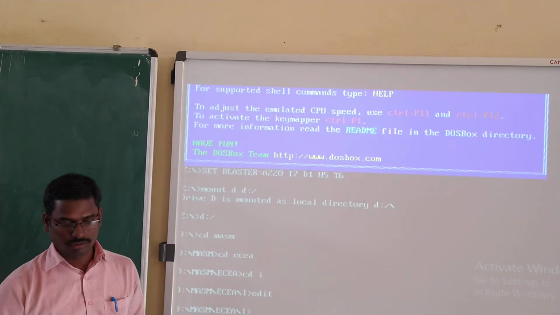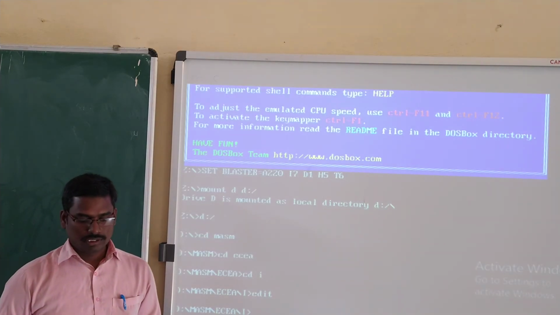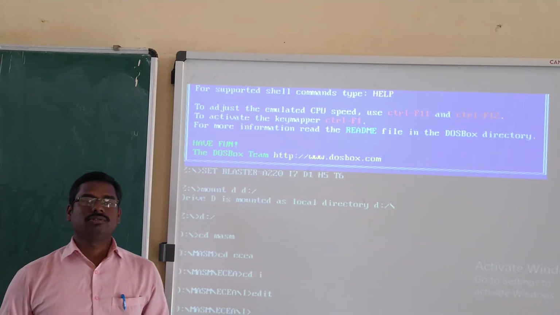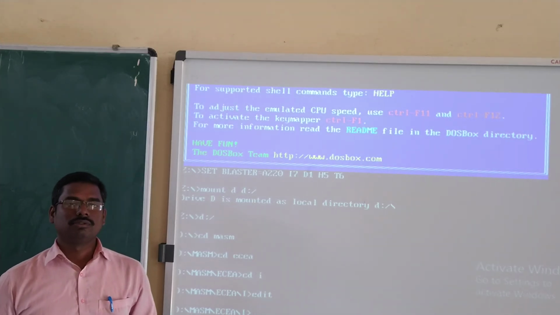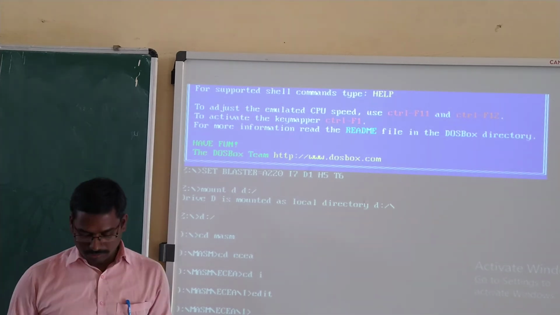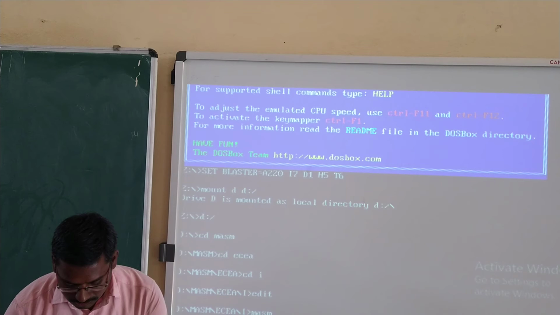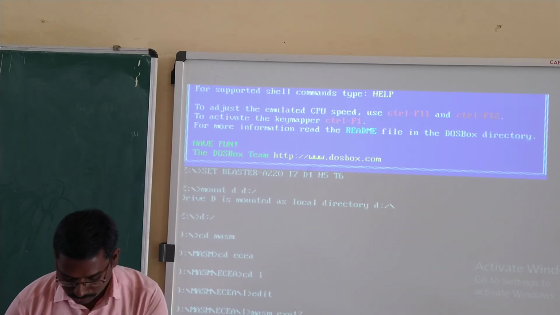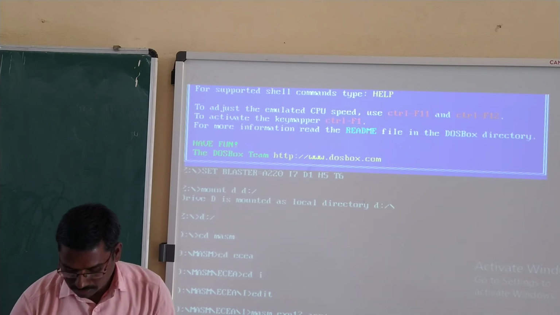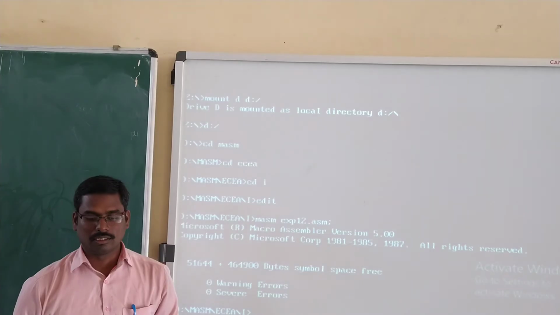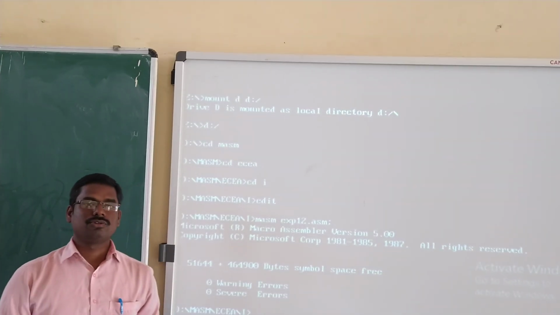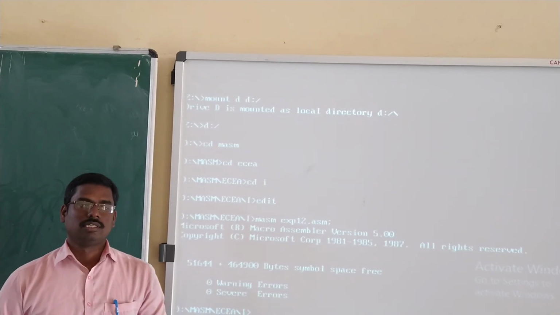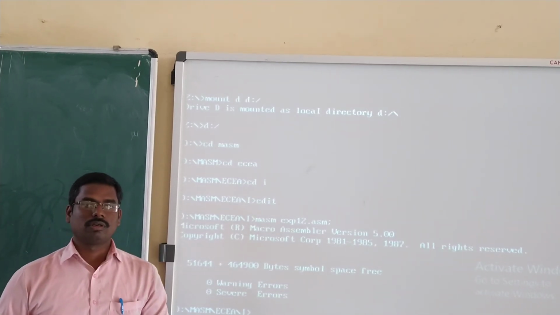In this exit option, for execution of a program we can do 3 steps. The first one is MASM space file name, exp12.asm semicolon, and press enter. Here you will get 0 warning errors and 0 severe errors, which means your program is correct.